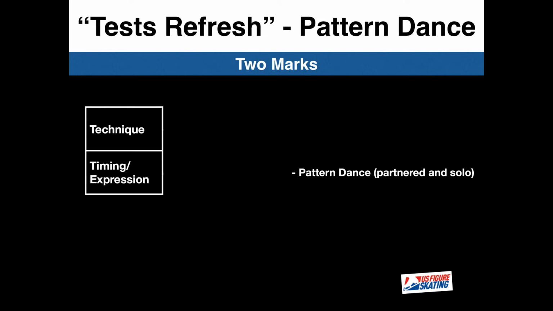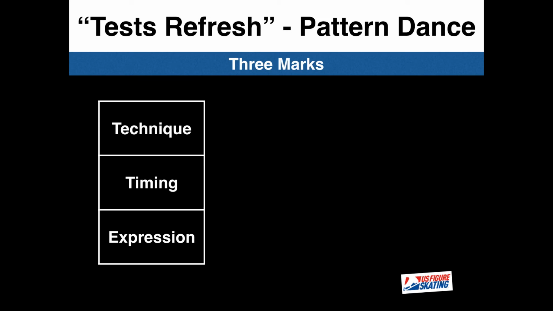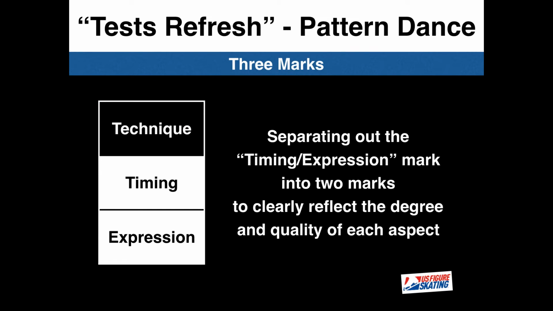We are moving from 2 marks to 3 marks. For pattern dance test partnered and solo, the technique mark remains the same, and the timing expression mark is divided into separate marks, the timing mark and the expression mark. So for the 3 marks, technique, timing, expression, technique is the composite of accuracy, placement, skating skills, style, unison if partnered, and separating out the timing expression mark into 2 marks to clearly reflect the degree and quality of each